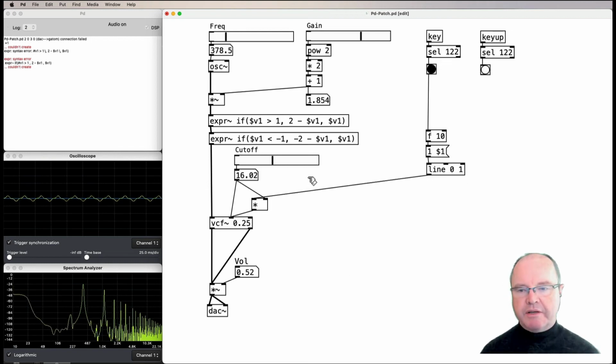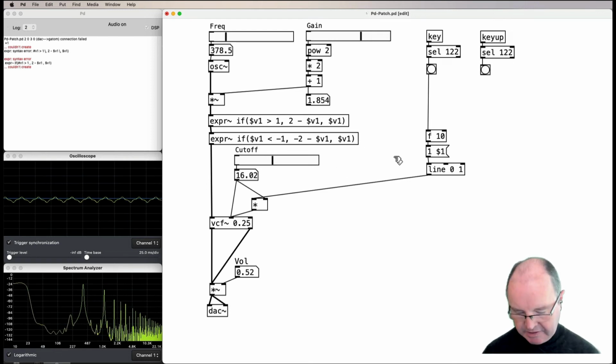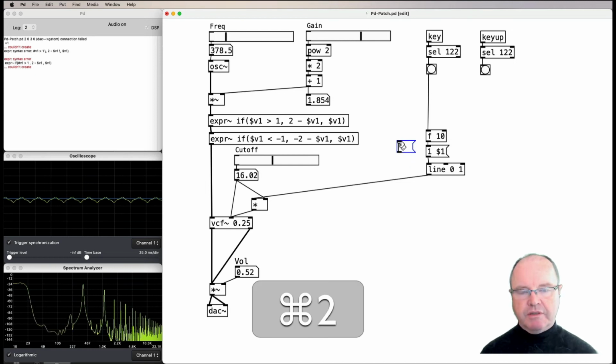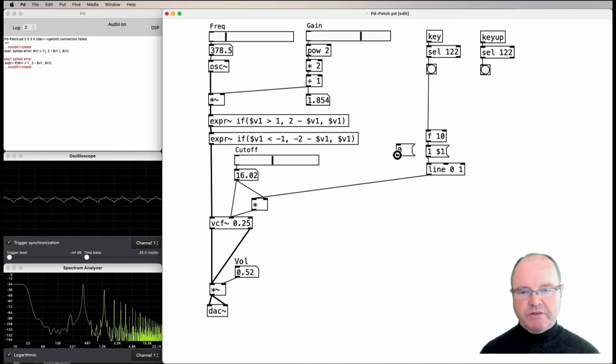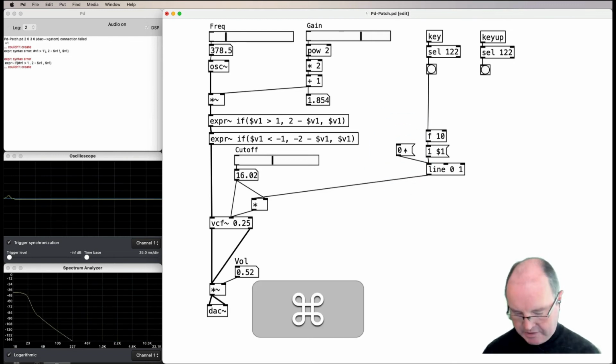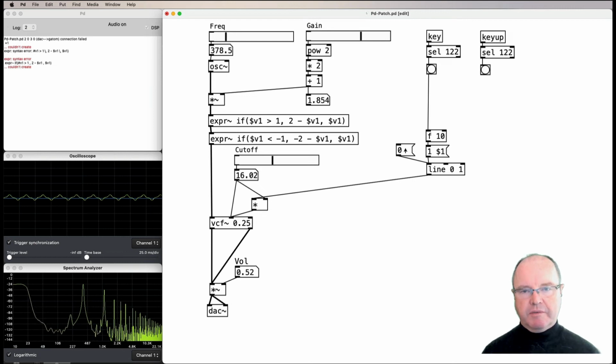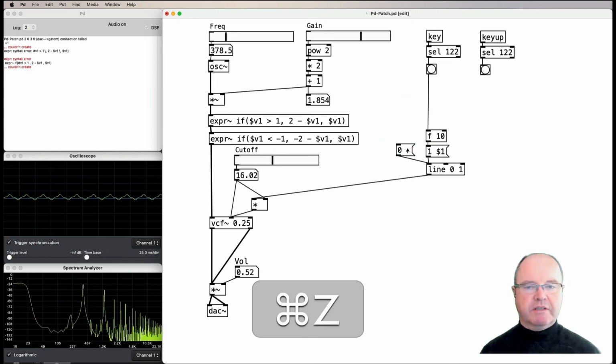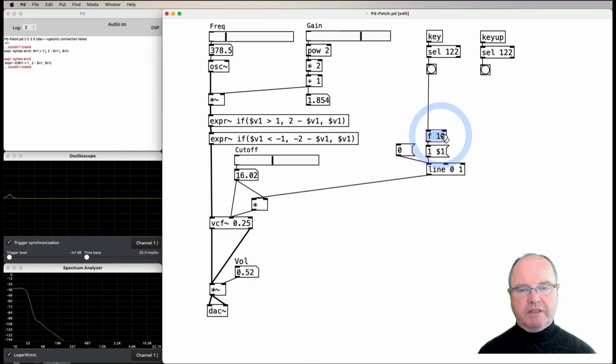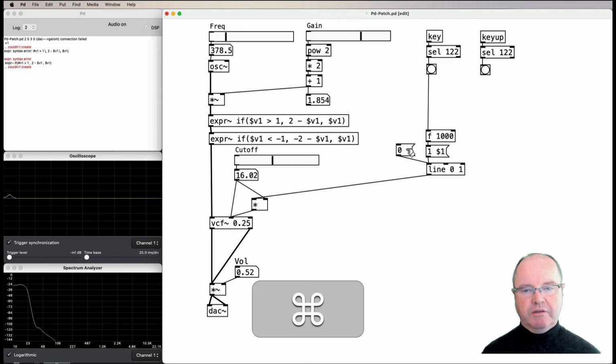Okay, so that does set it to the cutoff frequency. However, I haven't got my release set up yet, so I need to be able to have a manual way of turning this back to 0, and then starting up again with my Z key. But because it's quite a quick attack, it's not really clear that that's happening, so let me just make my attack a little bit longer,